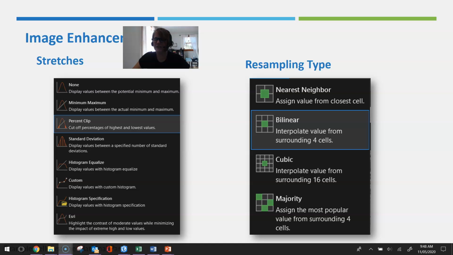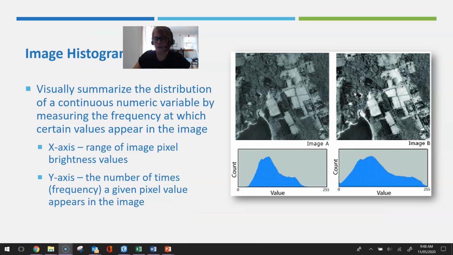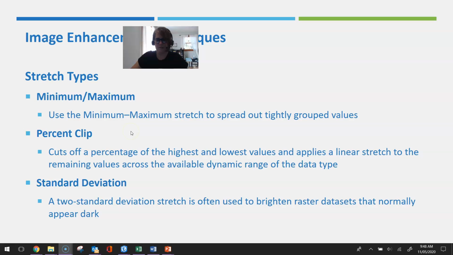We can apply stretches and so forth to that, and you can also do some resampling. And resampling is, in terms of image enhancement, similar to stretches in that it just allows us to render the data in different ways. So I would explore some of those. Again, what we're doing with these stretches is stretching out that histogram of values in the image, and we already talked about this,